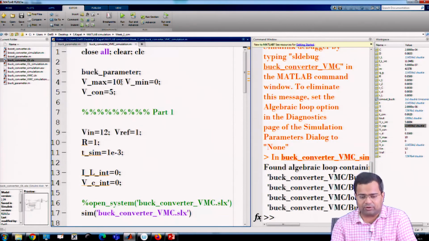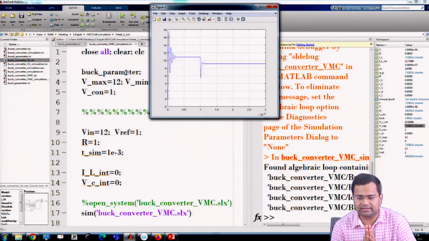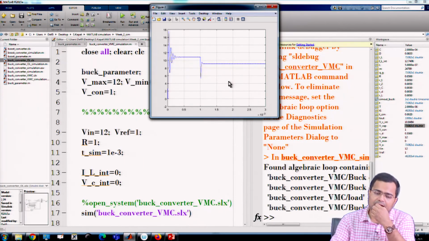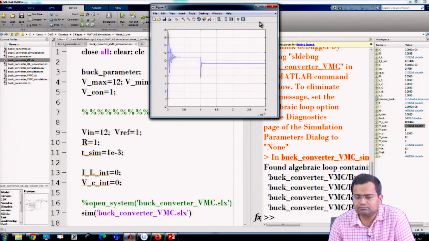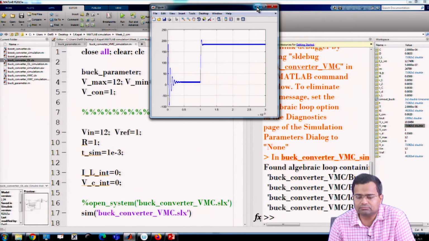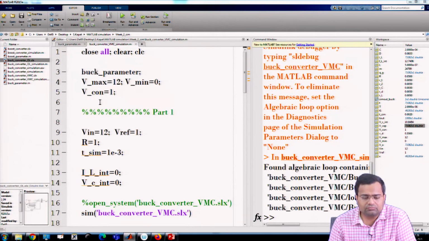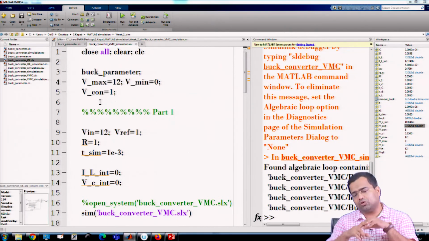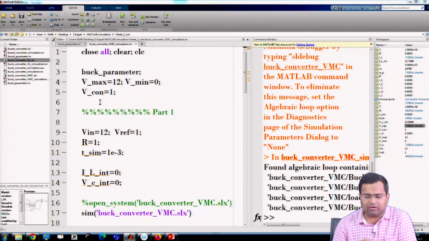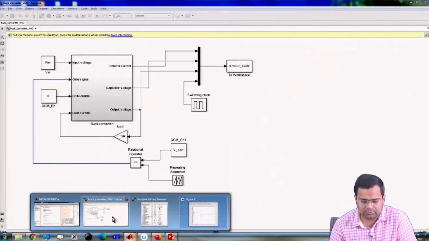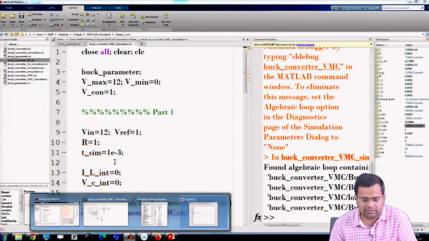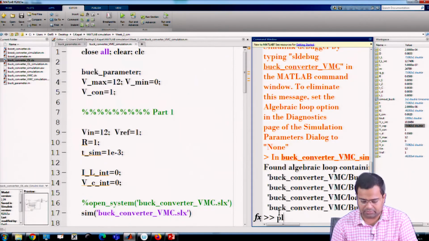Let us say the sawtooth goes up to 12 volt, and you can set Vcon to be 1 volt, then the duty ratio will be generated accordingly. So, my sawtooth waveform is going to 12. If you want to check the gate signal, let us plot T comma QG gate.